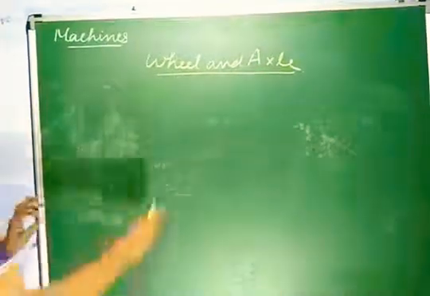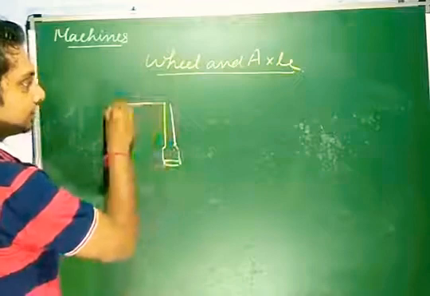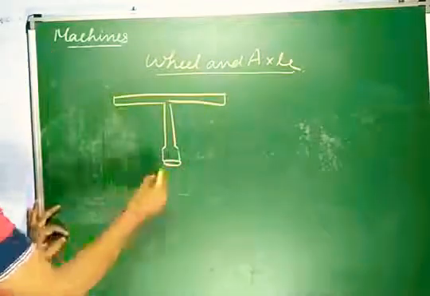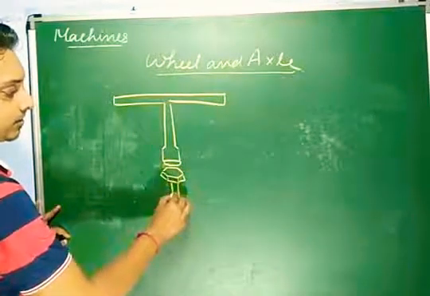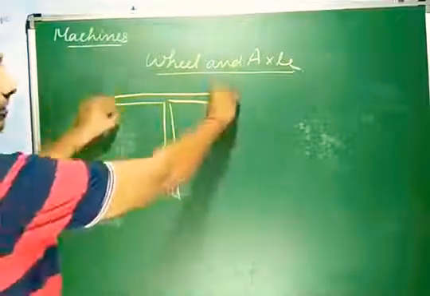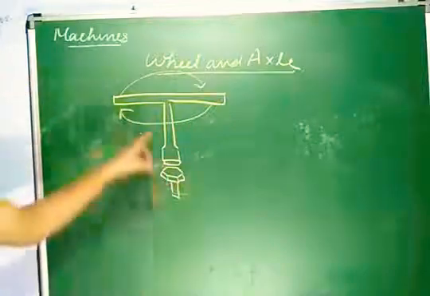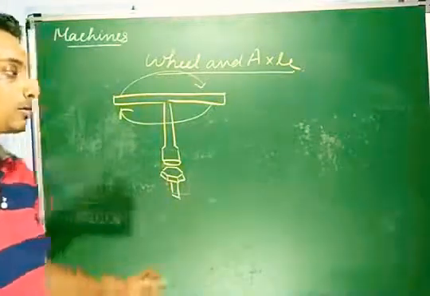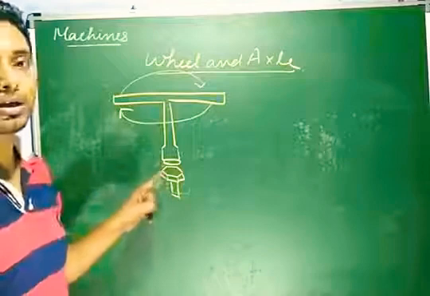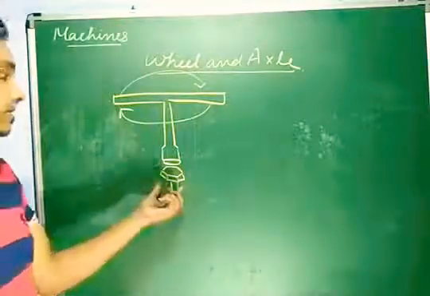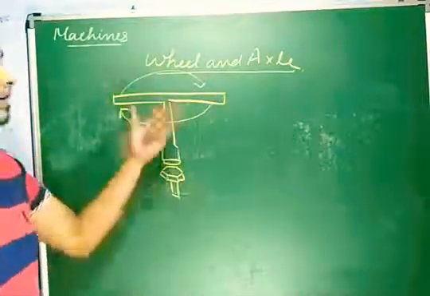To open the nut and all, you all might have seen this kind of tool, right? Which looks somewhat like this. From here we are putting the nut over here to open it. We are just holding it, putting it and rotating. So this thing works as a wheel and this thing is the axle. So what happens, we can apply a greater amount of force at just a small convenient point.